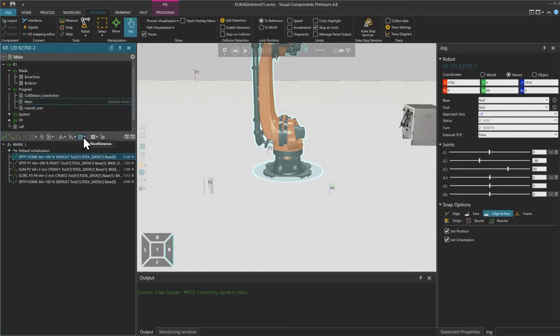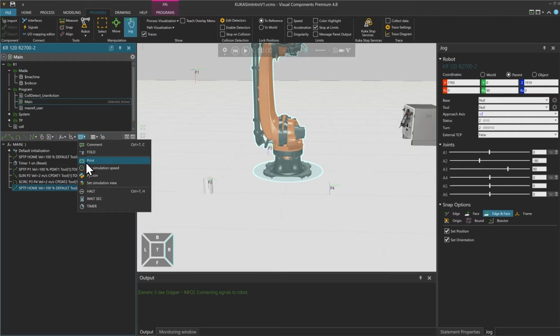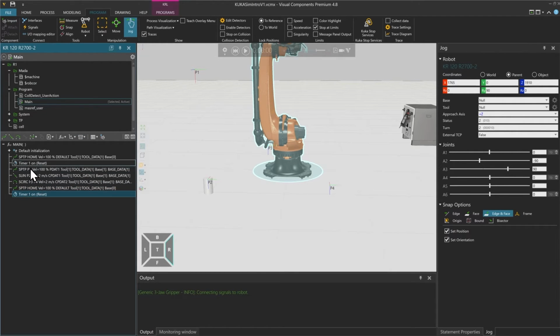Go to this miscellaneous drop-down menu and select a timer. In addition to that, we're going to add the timer off statement after the last home position. So when we are finished with our cycle, and add another timer. Be sure that they have the same number if you want to refer to the same timer.